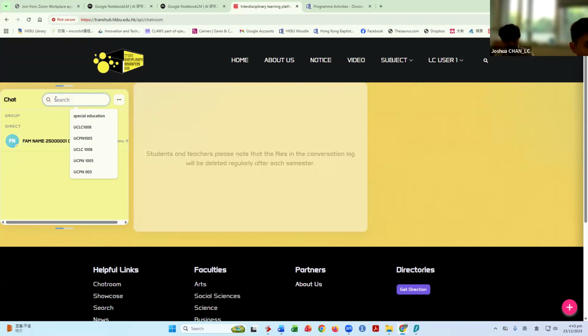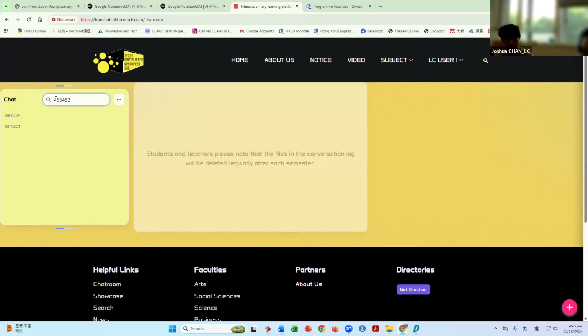Once it is live, I can just type an email there, and then I can drag a student's email into this chat to form a whole team. For example, this will be greatly beneficial for EID activities, and we can just pull students in once we have the student list. Then we can form a group here, and we can also form sub-teams here.